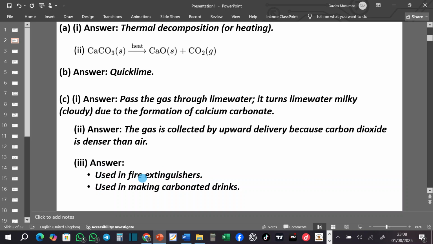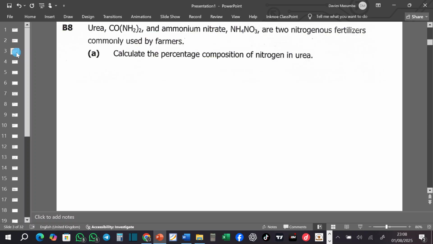Why? Because it doesn't support burning. Then it is used in making carbonated drinks because it has a flavor. It adds flavor to the drink. Then we go to